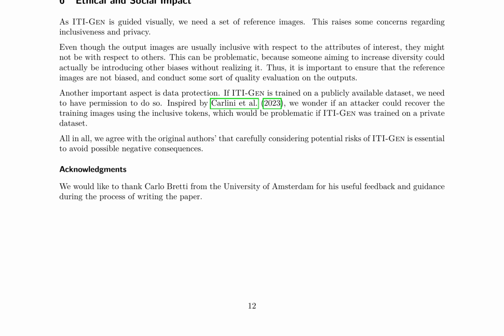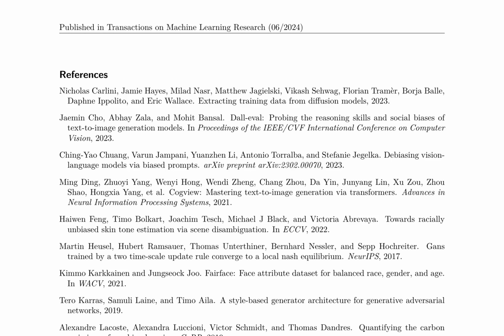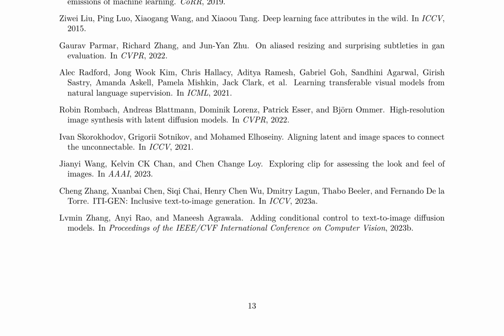and inclusiveness. The paper discusses the development of ITI-GEN, an inclusive text-to-image generation model that aims to address the issue of bias in image generation. It is trained on a dataset with diverse attributes and uses a novel approach to ensure balanced representation across different attributes. The model's performance is evaluated using KL divergence, which measures the difference between the generated images and the target